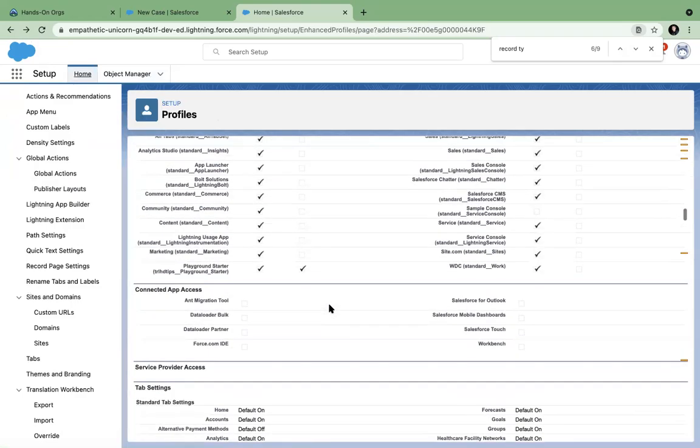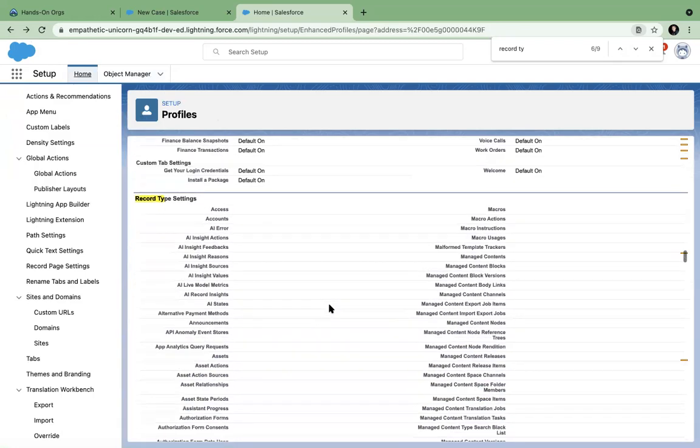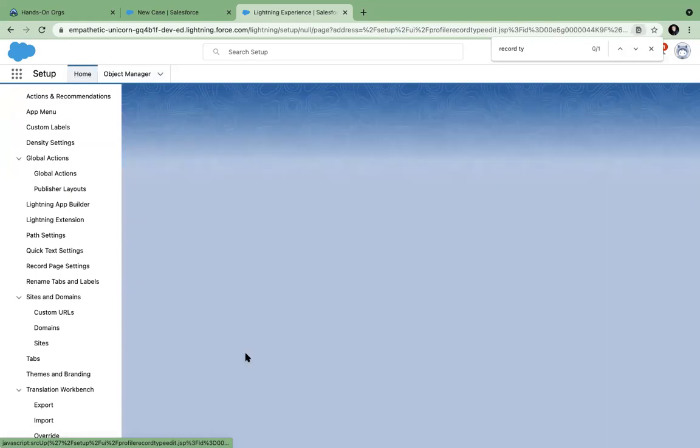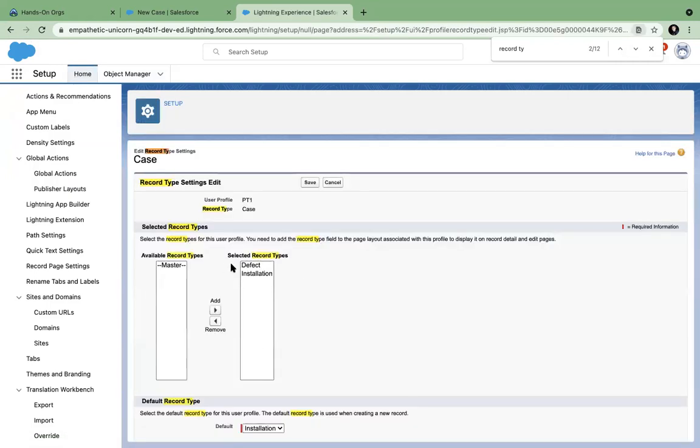Here we will have record type settings. In case, you see there are two, defect and installation, both are there.